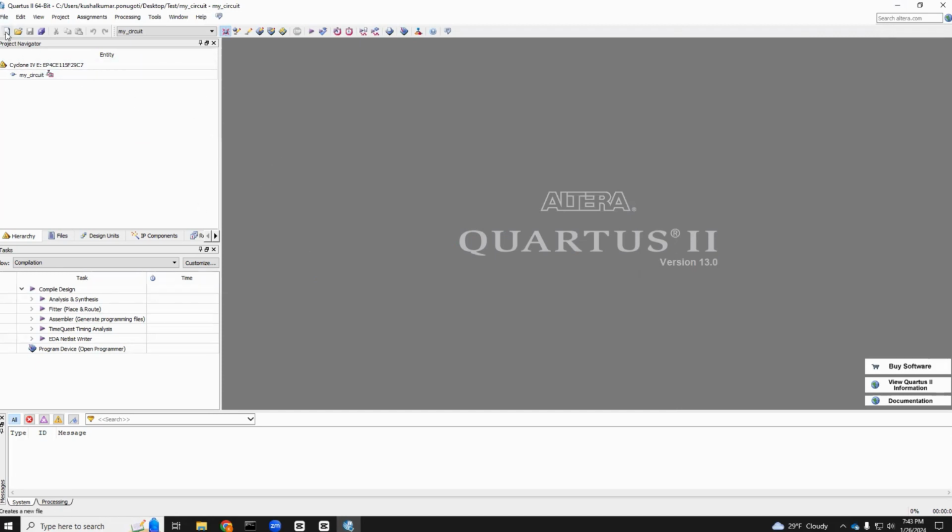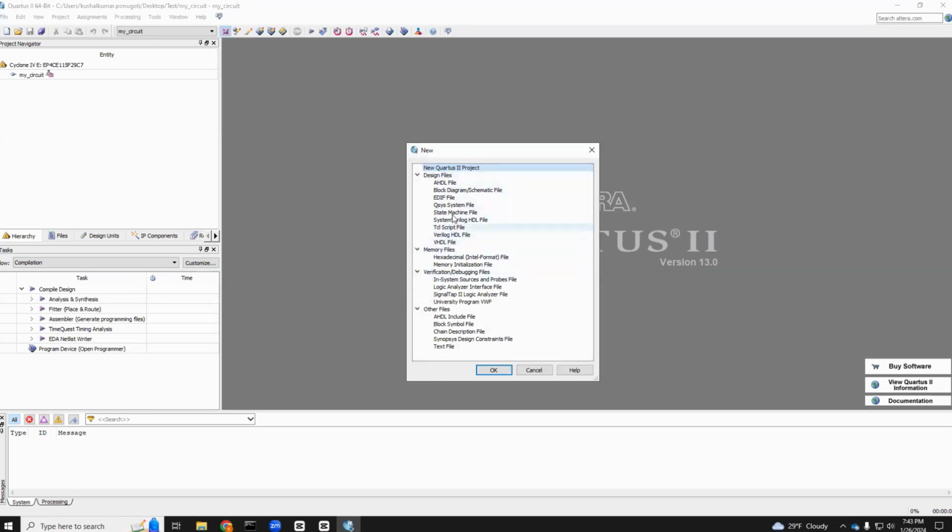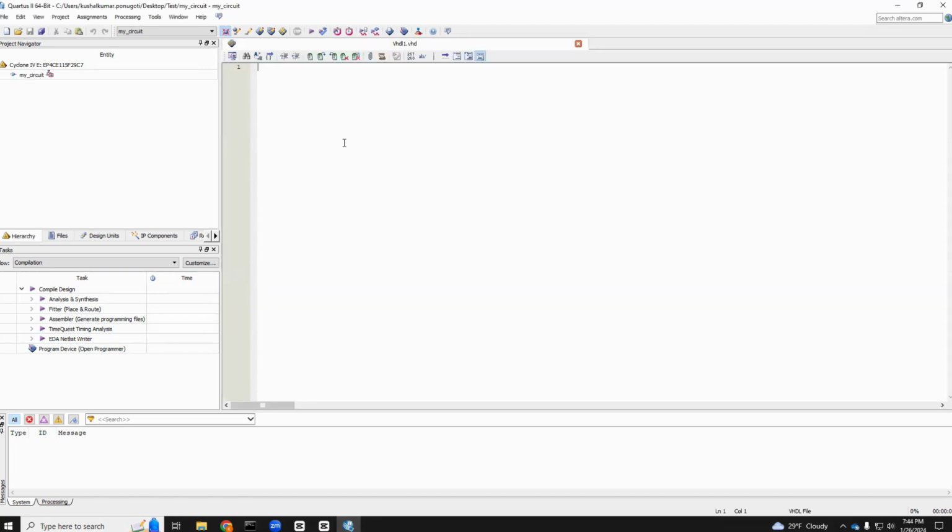Now create a new file. And this time, instead of creating a block diagram file, I'm going to create a VHDL file. So this is the place where you can write your VHDL code. Now I'm going to start writing my code. So it's library IEEE; use IEEE.std_logic_1164.all. Then write your entity